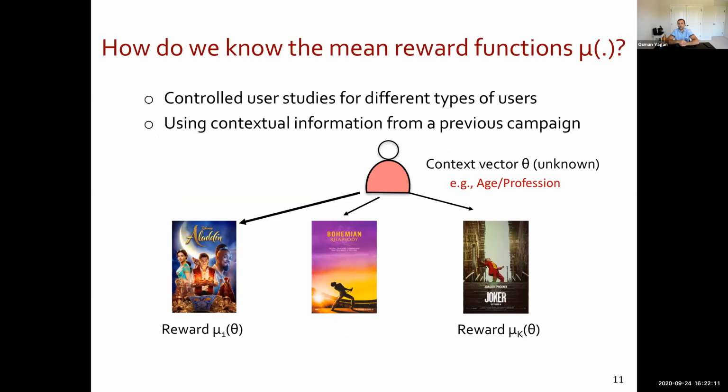So one question here is, of course, how do you know, or how do you motivate this setting? Okay, it's even nice to not know people's private information, but how do we actually come up with these mean reward functions? And the structured bandit setting has been studied before us by several different groups.